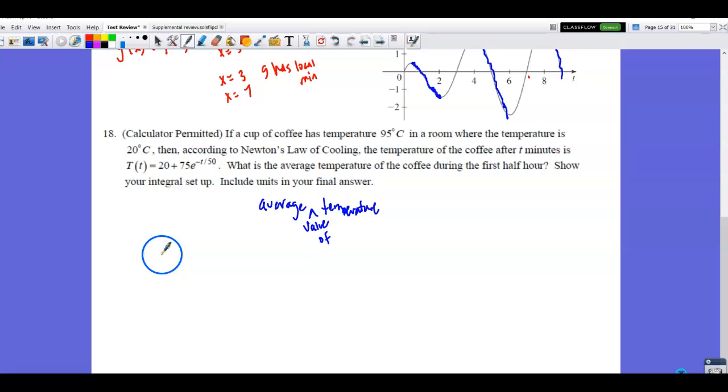So with your calculator, what is the average temperature during the first half hour? And t is in minutes, so be careful. So you're going to 1 over b minus a, 30 minus 0, from time 0 to 30 minutes of, and you'll actually have the function into your calculator, dt. And when you calculate that out on your calculator, you will get a temperature of 76.399 if you round, degrees Celsius. You could truncate that to